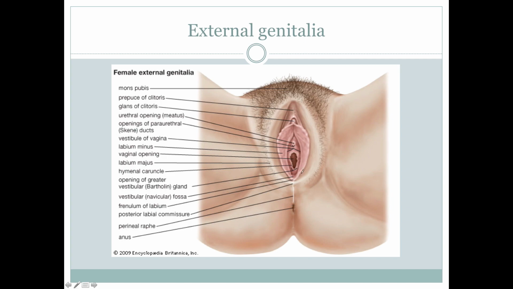You might hear people talking about getting an episiotomy. What is an episiotomy? If this female was giving birth and the infant or fetus wasn't coming out, something that OBGYNs do is make a cut. So they would make a cut here to enlarge the opening, making delivery easier. So there is a small cut, and then the female naturally tears after that. It's kind of like starting a cut.